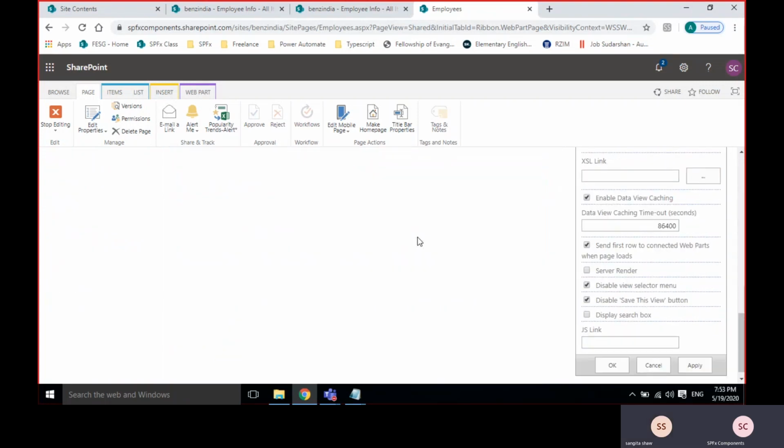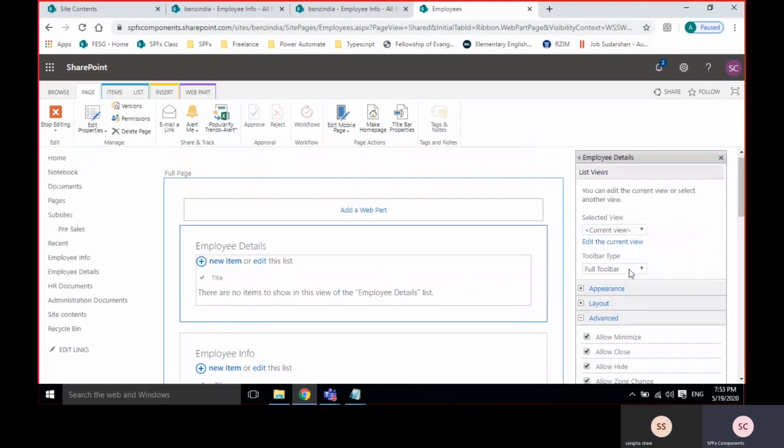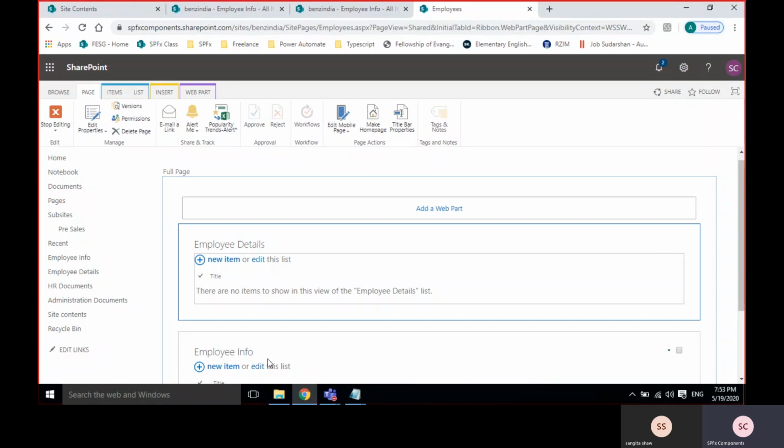For example, HR department is there. If I give the target audience, HR, it's a group. If I give the group name, only those group of members can see this list. I mean the web part, that employee details one. Other members cannot see. So these type of things we can do.